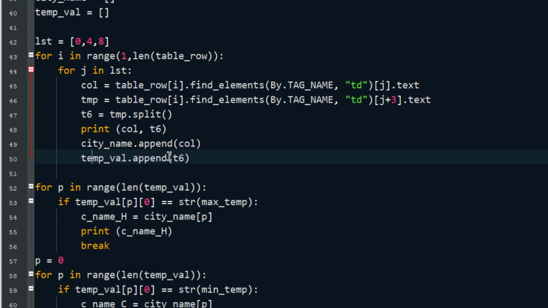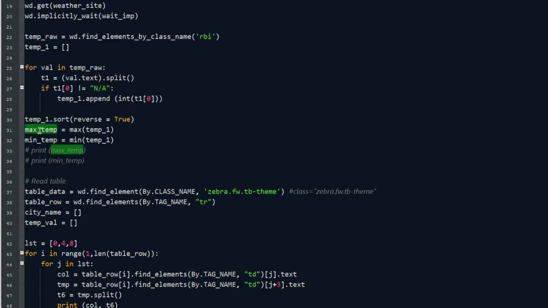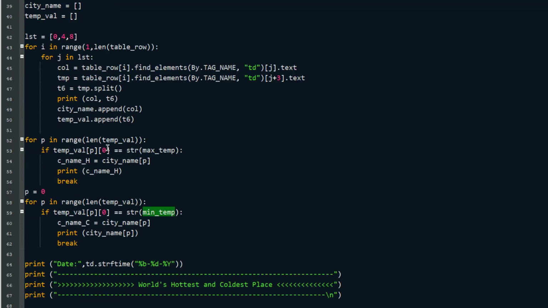Okay, so we have two lists which contain the city name and the temperature, the corresponding city name and the corresponding temperature. Let's say if you search city 1, the corresponding temperature 1 will be displayed. So it's now synchronous. In this loop, I have just run a for loop over the complete list, and I was interested in finding out the maximum temperature. Since we already have extracted the maximum temperature here, I'm using this reference as, okay, tell me what is the name of the city which has this maximum temperature.